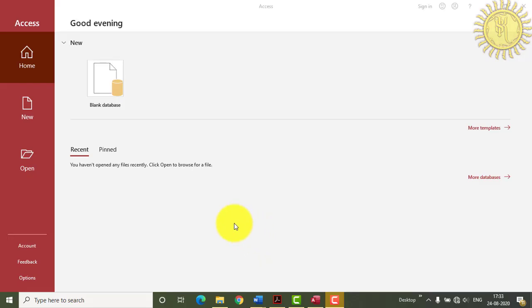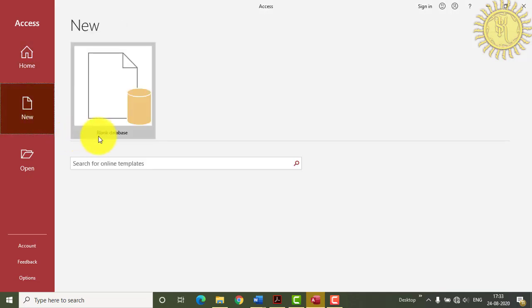Now the next topic is how to create a new database. To create a new database, follow the steps. First, you have to click on this New button, and here you can see that a blank database icon has appeared. When you click on this blank database,